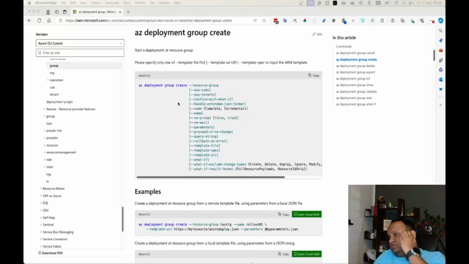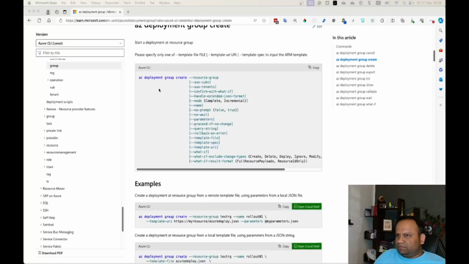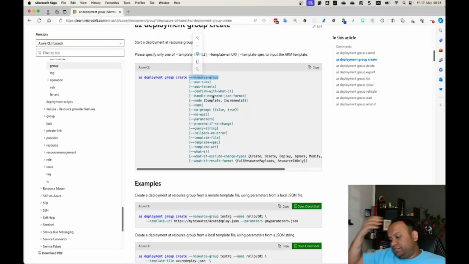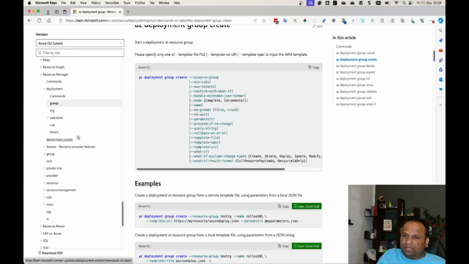This is how we have been deploying so far. When you use this command, you have to have a resource group before that, and you have to create that resource group. Now we are going a little bit further. We also want to create the resource group as part of the bicep deployment, and for that you don't use this group command, you use